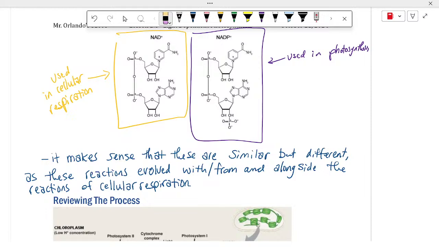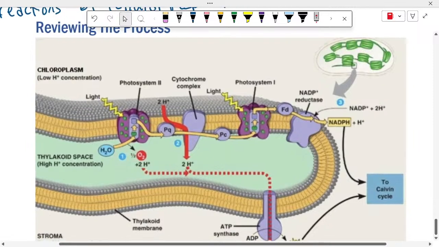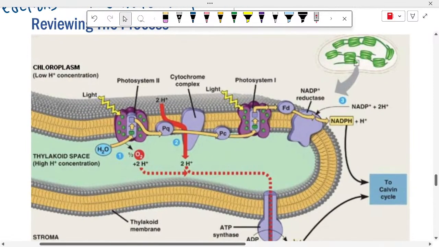There's nothing here that you need to know the structure of whatsoever. We don't care about that. So don't look up the 10,000 atom structure of ferredoxin and be like, I'm going to memorize it. None of that matters, but understanding the principle is really important here. So let's take a quick look and draw some conclusions from it, which is what's going on here. In the electron transport chain itself,